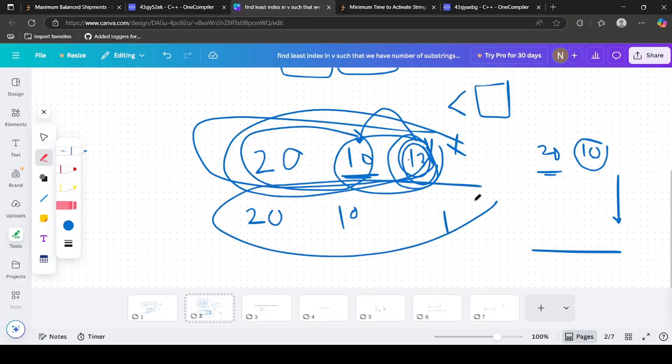And similarly in this, we cannot take 10, 13, but we can take 10, 1. Why? Because 1 is strictly less than 10, and we can take 20, 10, 1 as well. Even now 1 is less than 20. So in this way, if we try to observe,